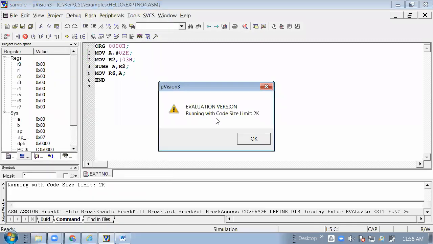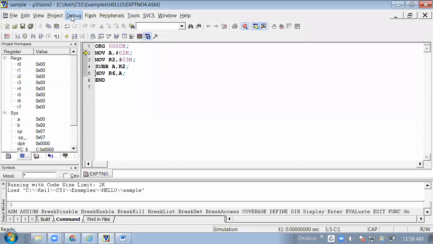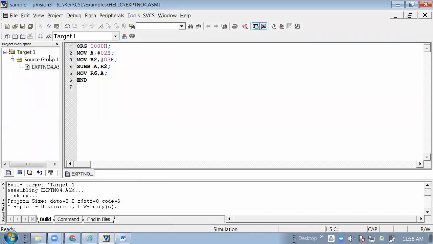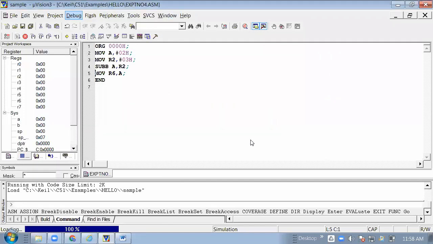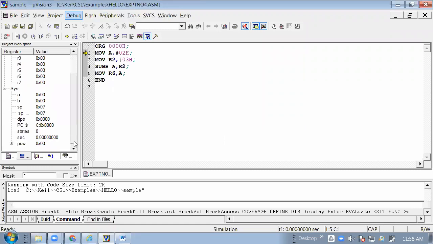Start and stop the program and go to debug. Here is the carry flag, or you can say borrow. In subtraction there is a borrow, and in addition you use the carry flag.